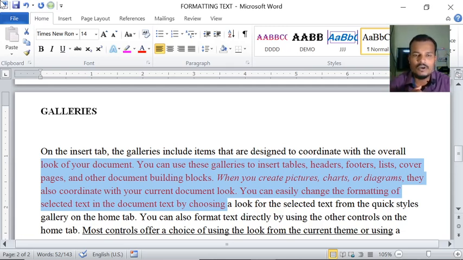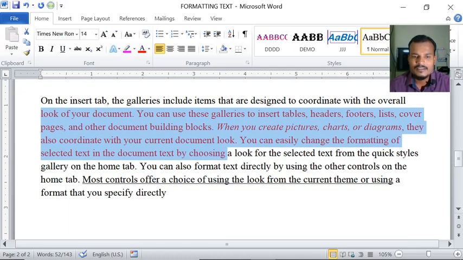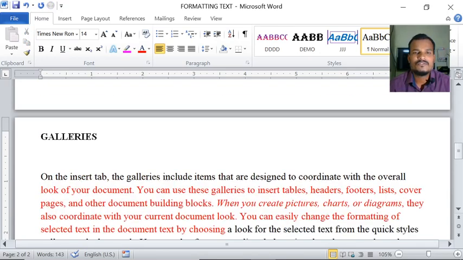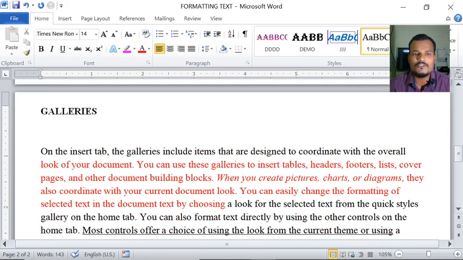Here I have applied bold, here I have applied color, and for this one I have applied underline. So I want my normal text. Normal text means there is no color, no underline, no bold. For that I want to remove all the formats which I have applied, and this is the option we have to click.